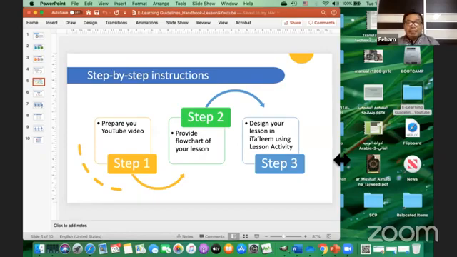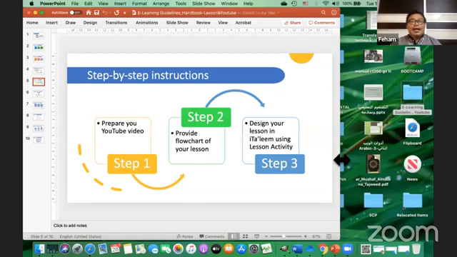The second step, we will provide the flow chart. Talking about the lesson module, you have to plan. By hook or by crook, you have to do planning, or else your lesson module will be haywire. You do not know where to go, where to jump, and what is the accurate navigation for the students. So you have to plan well in order to present the lesson to your students.